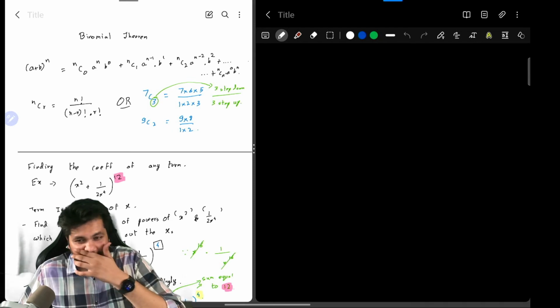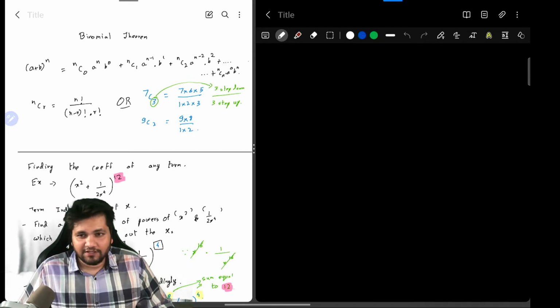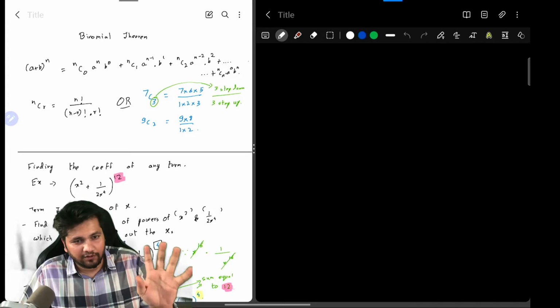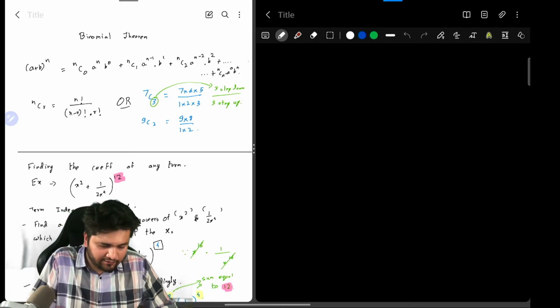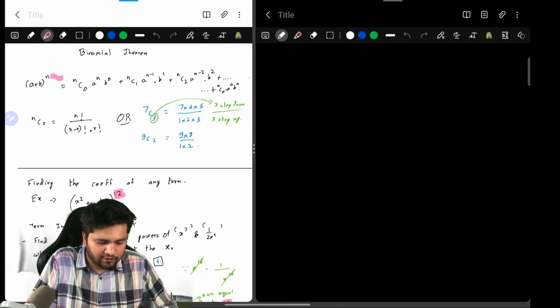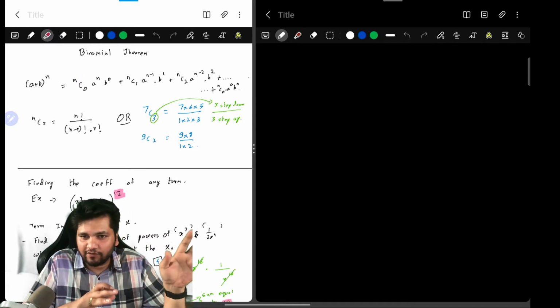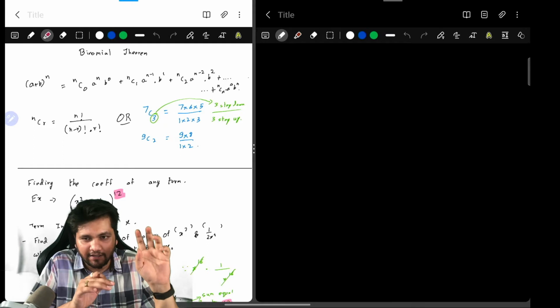Okay, so see, it's a very easy topic, binomial theorem. There is just one formula which you have to use for all the expansion and everything. So the normal one is, if you can see, a plus b to the power of n. Whenever I'm expanding a plus b to the power of n, first thing remember that if the power is,